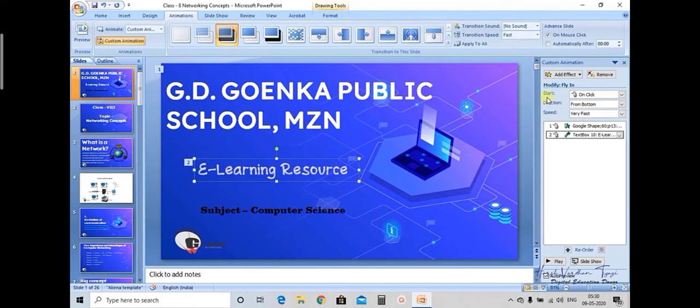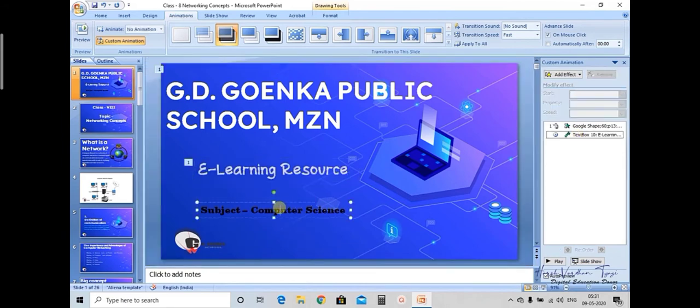Either the text will come on the mouse click, or after previous, which means it will appear after the effect you have given to the first text. So this e-learning resource will appear after GD Goenka Public School Muzaffarnagar. Now speed you can control from here: slow, medium, fast, very fast. I am clicking fast.